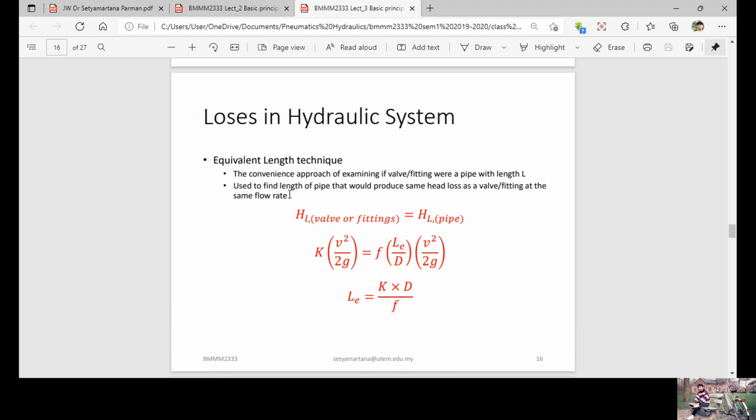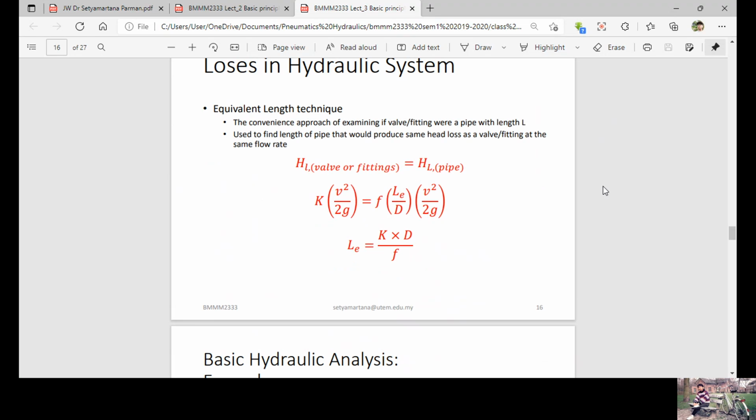In this technique, the convenient approach is to examine the valve and fitting as if they were a pipe with length L. This technique is used to find the length of pipe that would produce the same head loss as a valve or fitting at the same flow rate. So HL